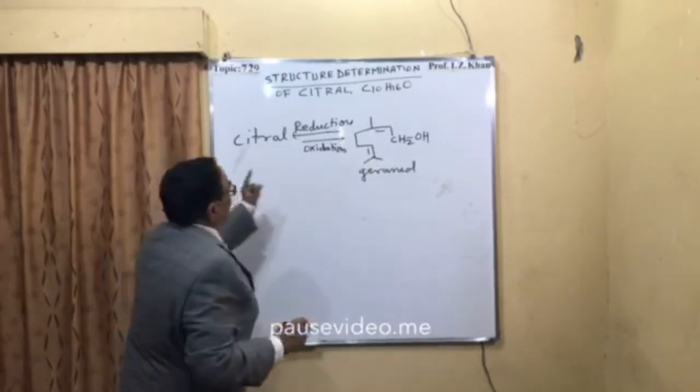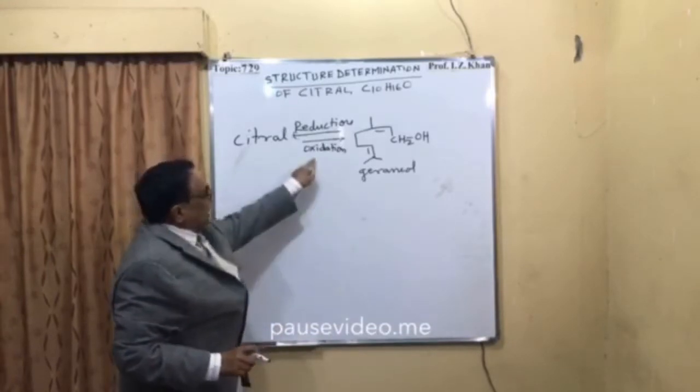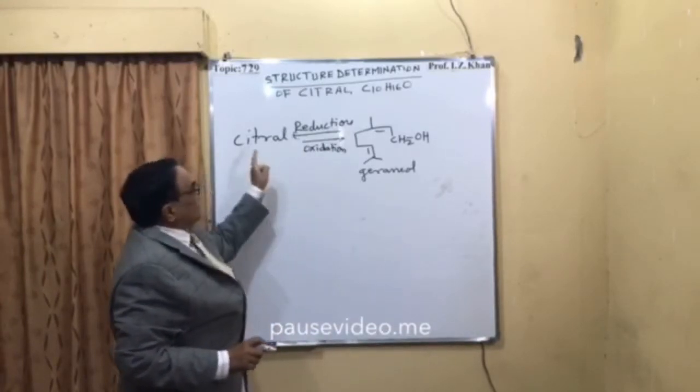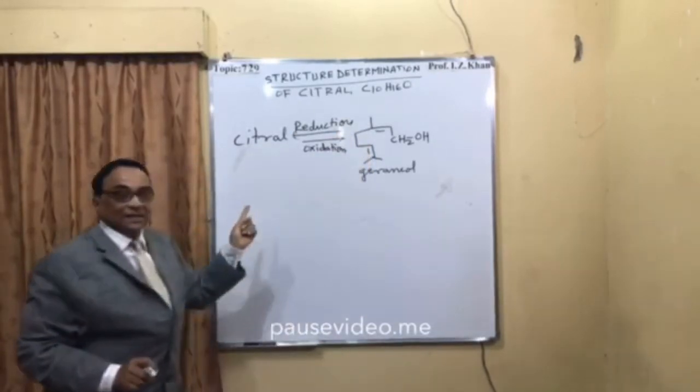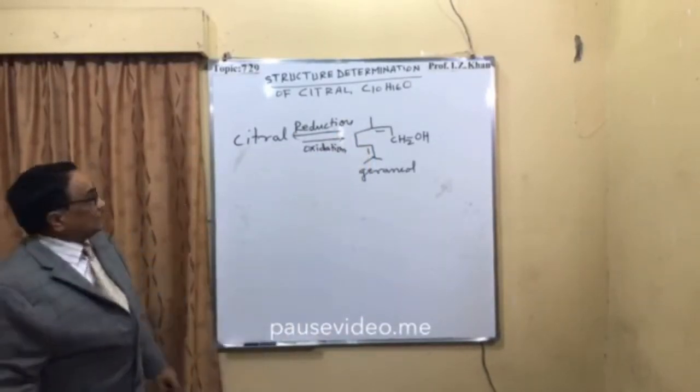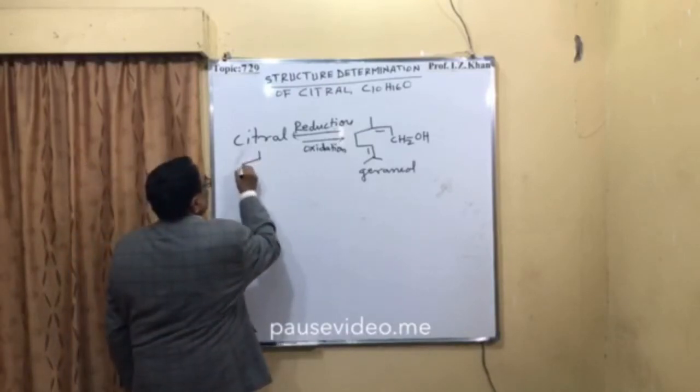So once citral is oxidized, is subjected to oxidation, you will get geraniol. And when geraniol is subjected to reduction, it is reduced, you will get citral, and your citral has this